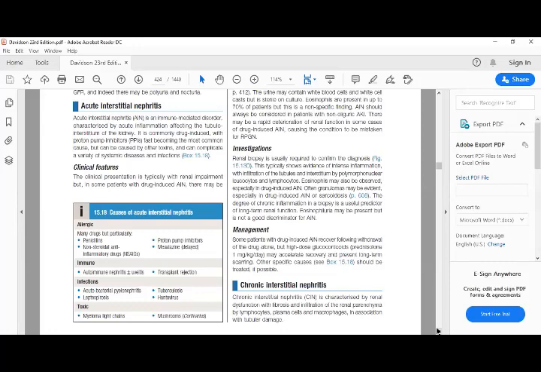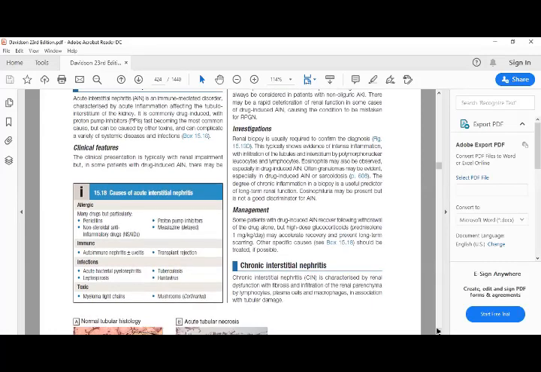Infections include acute bacterial pyelonephritis, leptospirosis, tuberculosis, and hantavirus. Toxic causes involve myeloma light chains and mushrooms. Cortinarius can cause acute interstitial tubular